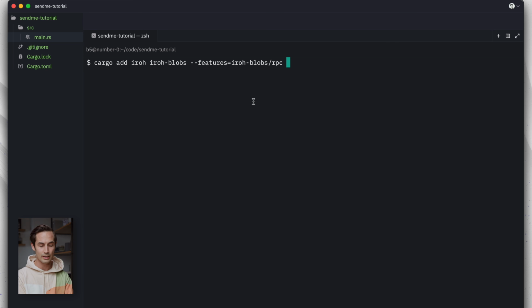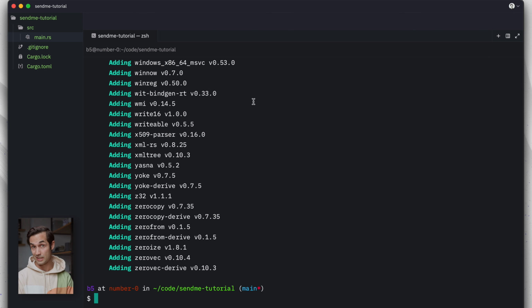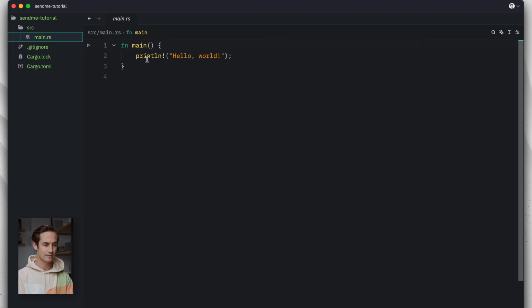And then we're going to need a few other crates. We're going to need anyhow, and we're going to need Tokio. Anyhow is the errors thingy, and Tokio is the runtime thingy. Great, runtime thingy, errors thingy, highly technical. Moving on. This is going to do editor stuff in the background, and I'm going to go back to main.rs